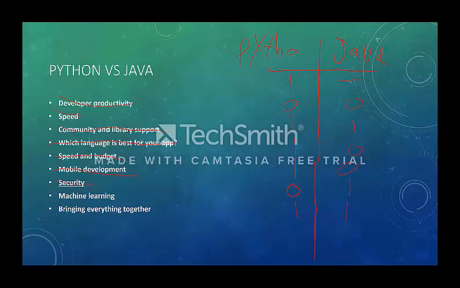Machine learning: the combination of ultra-powerful specialized libraries and general flexibility means that Python is the way to go when it comes to a project that has a bias toward data science, deep learning, machine learning, and image recognition. So this is 1. Bringing everything together, Python and Java, two hugely popular programming languages, are similar in many ways,